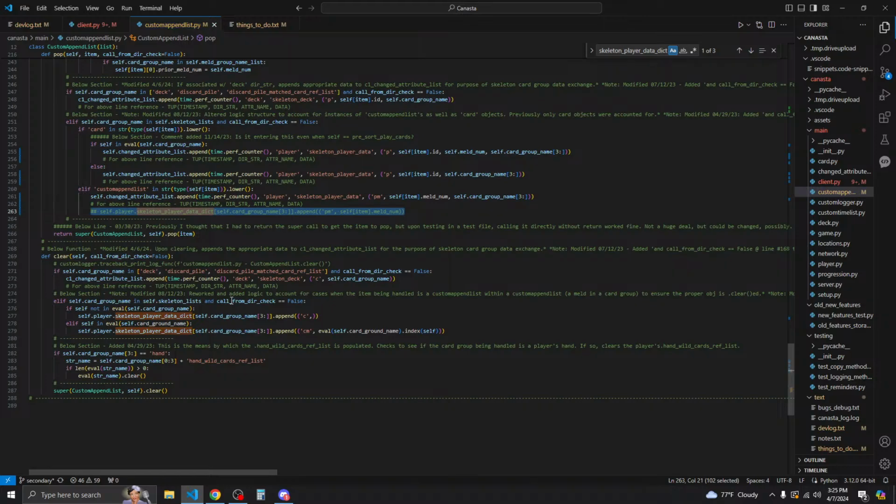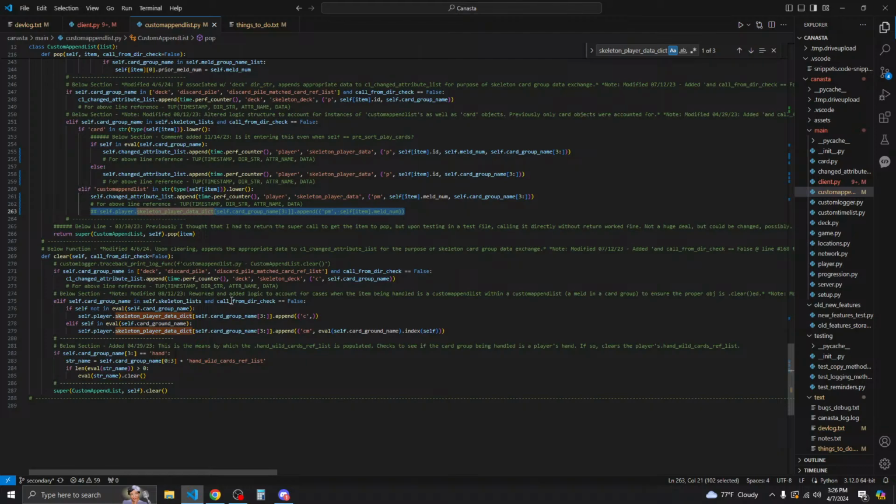So timestamp, dir string, skeleton player data is adder name, and then the data is PM self of item dot meld num, and then the card group name. Okay, and then the previous one is the same thing. Self change attribute list, timestamp, dir string, adder name, data, p self of item ID, because you're just popping a card and you just need the ID.